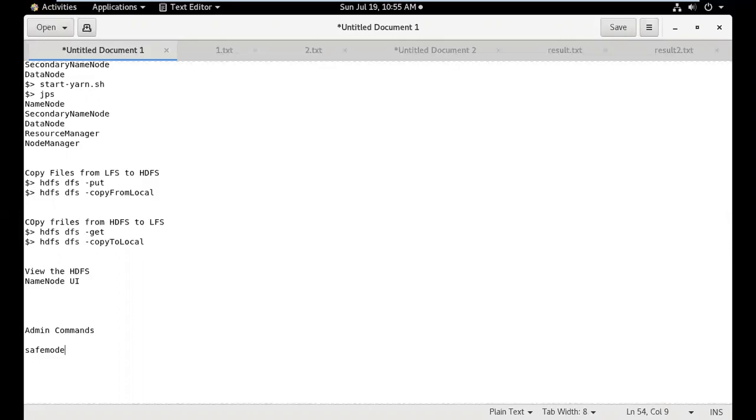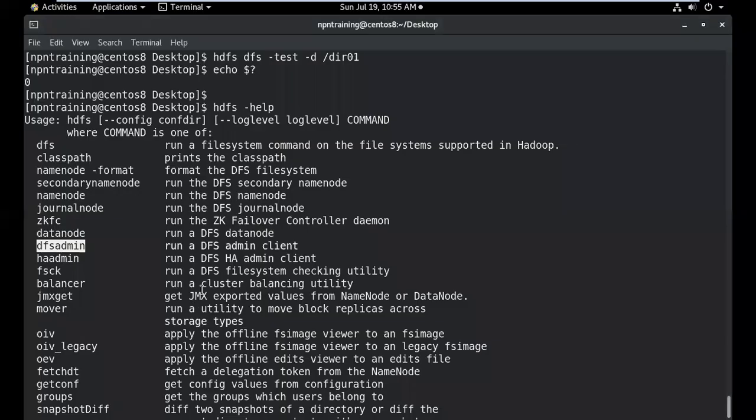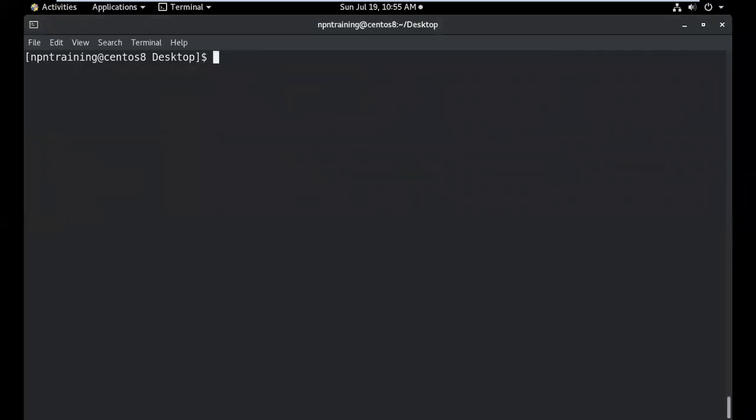Okay, this is a very, very important command. Now, please look at this. Now we were able to copy the data to the HDFS, right? Now I want HDFS to be read only because I'm performing some maintenance activity, as I told you, like adding a new column, deleting a column, changing certain permissions, it can be anything. So I want to make my HDFS read only.